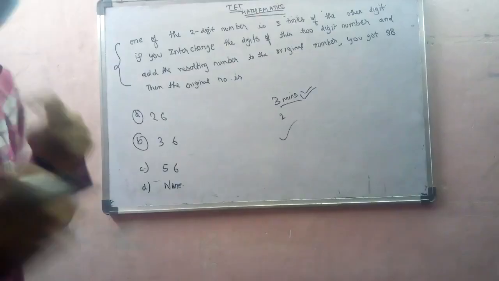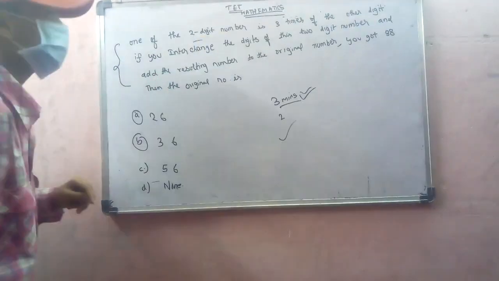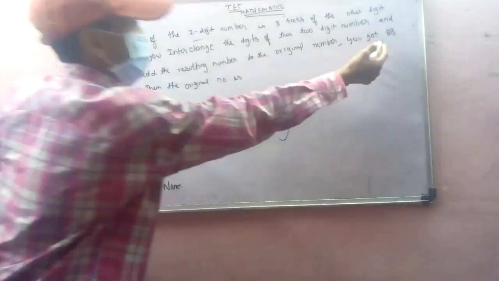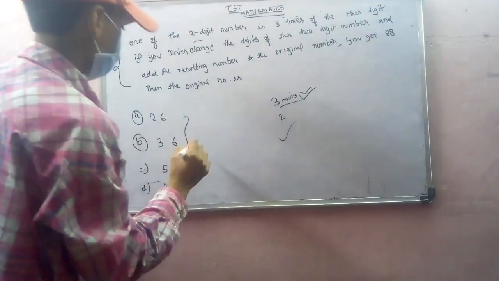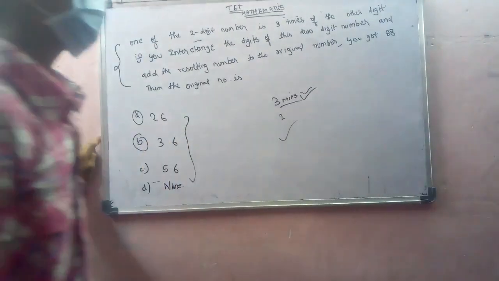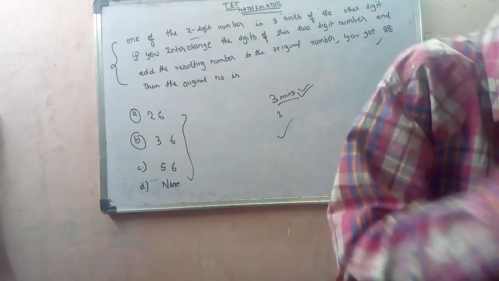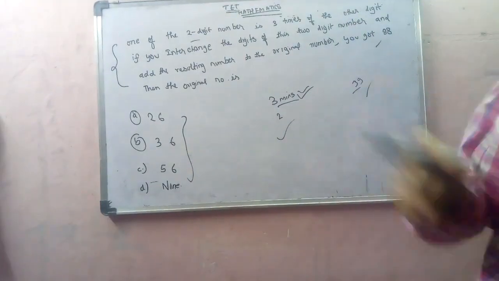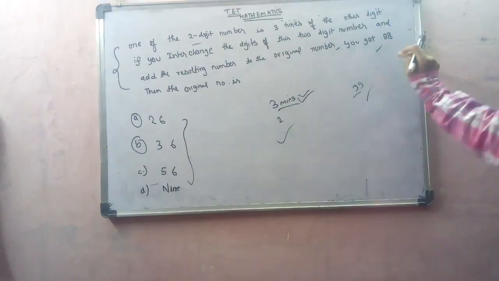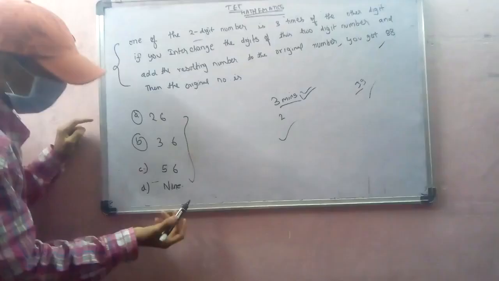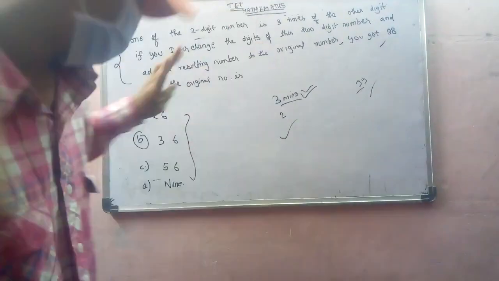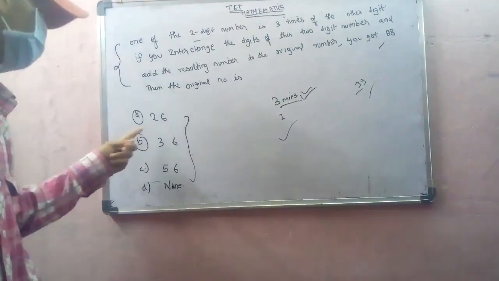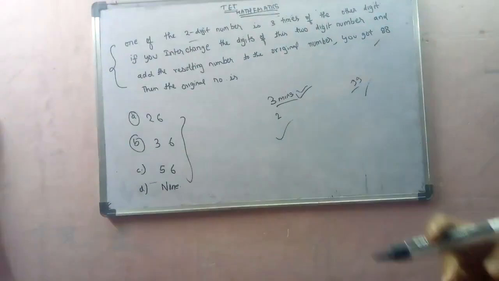What is that? See here, the two-digit number. We should get 88. Okay, here 26 is there. If you add in this option any number, both digits like these two numbers, you should get 8. Suppose if they had given 99, means if you add this you should get 9 in each place. But here 88 is there. So see here, none is there. 5 plus 6, 11, no. 3 plus 6, 9, no. Then option 2 1, first option. 2 plus 6 will give us 8.